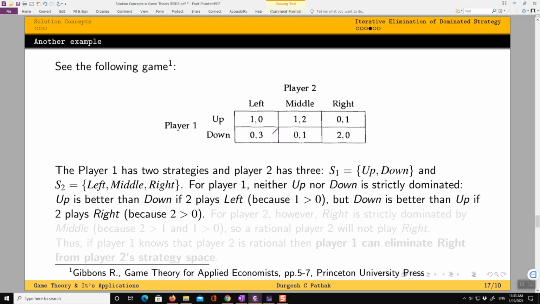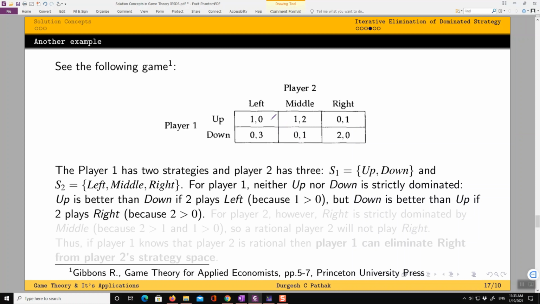If player 1 plays up, player 2 can get 0 by playing left, 2 by playing middle, 1 by playing right. If player 1 plays down, player 2 gets 3, 1 and 0 respectively by playing left, middle and right.